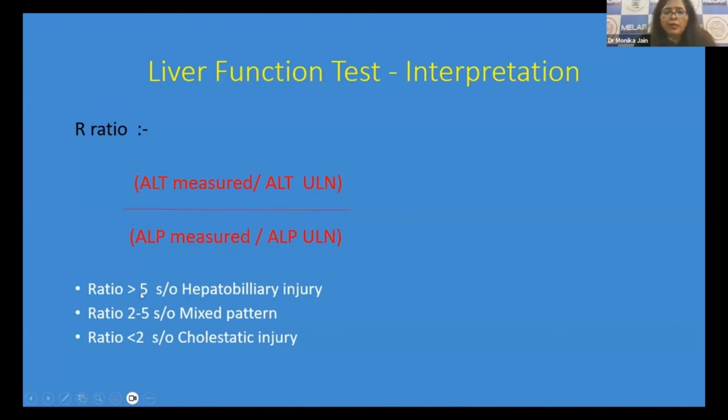This ratio, if we calculate, if it is more than 5, shows definitely this is hepatocellular injury. If this ratio is 2 to 5, that shows a mixed pattern. And if this ratio is less than 2, it is a cholestatic injury. This is just a measurement. By looking at this ratio, we can think of what will be the probable site of